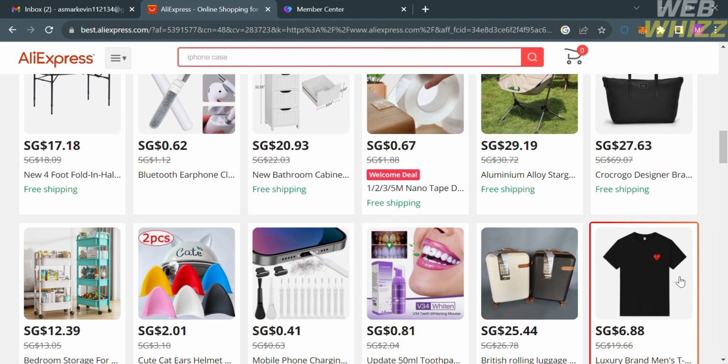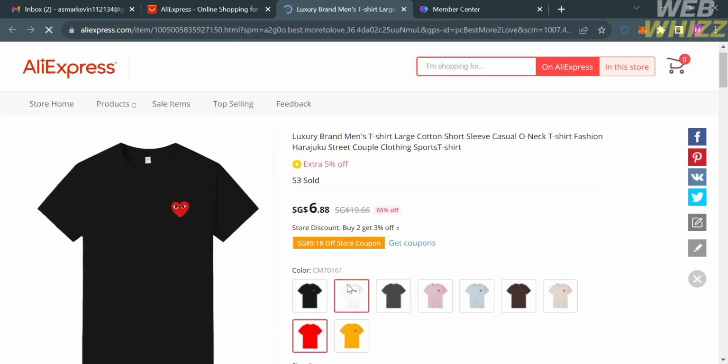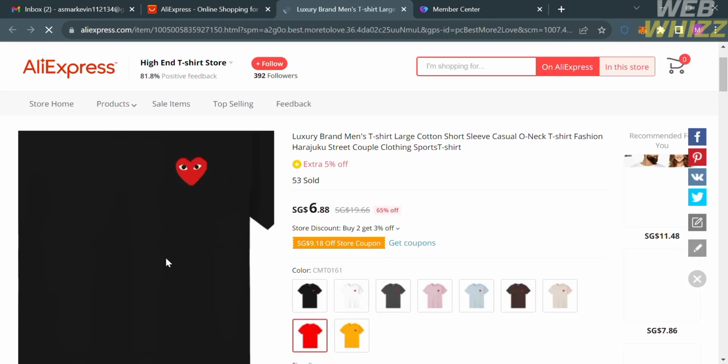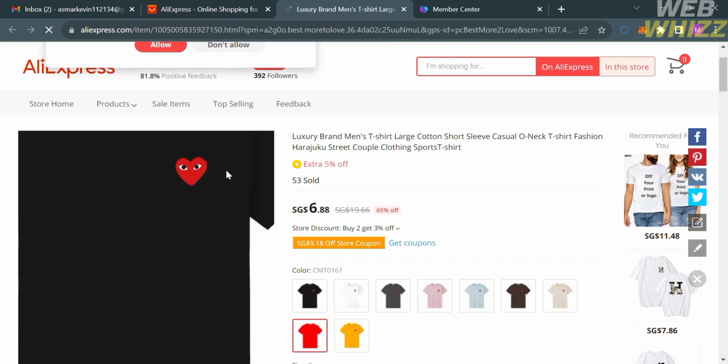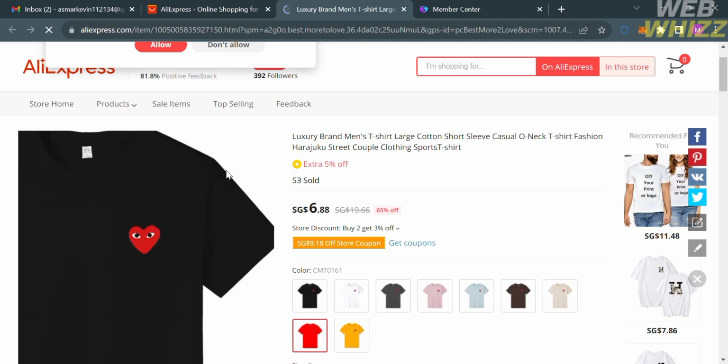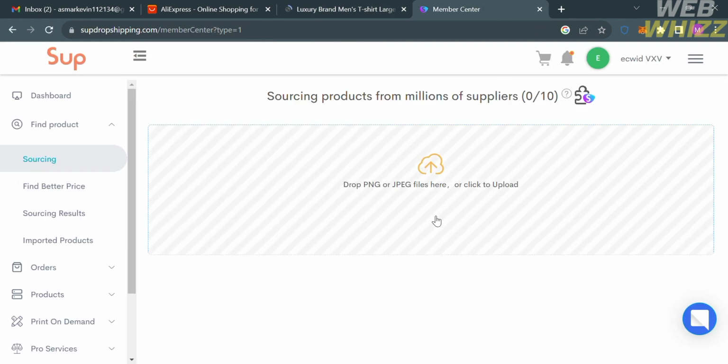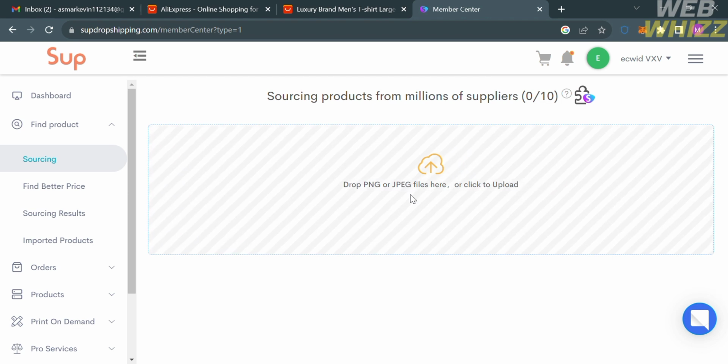And let's say I'm going to choose this t-shirt. So kindly click on it and you will be directed to this next page. From here, it will show you the details, including the preview picture, the description, and even the variation and corresponding prices. And all we need to do is to copy or save this preview image on AliExpress and import it on this platform. Make sure that the image is PNG or JPG file type so that you can successfully upload